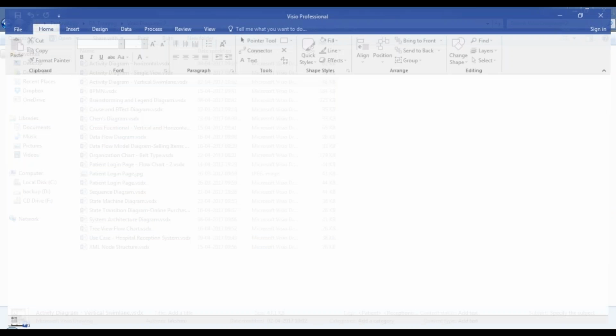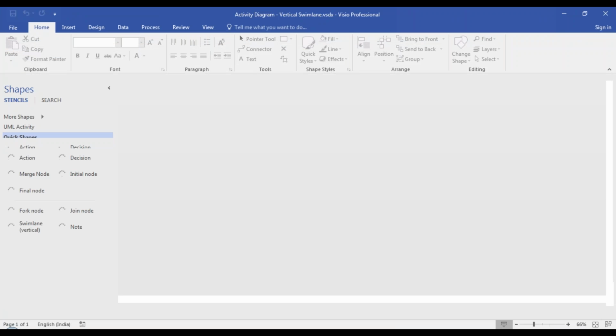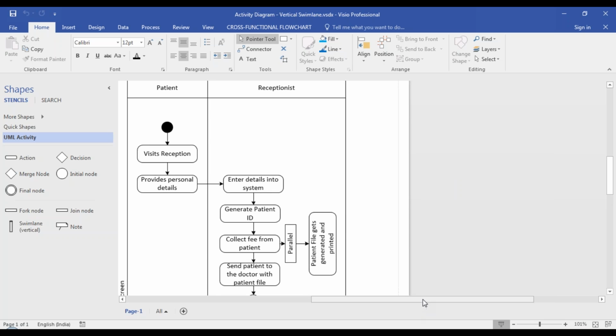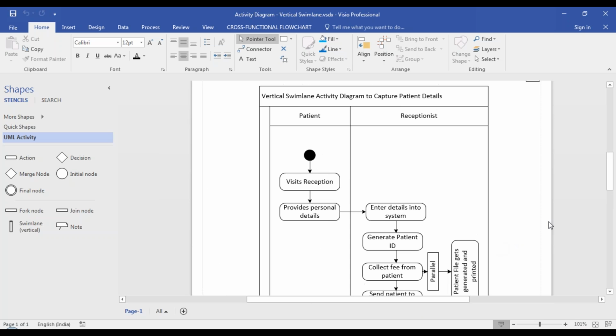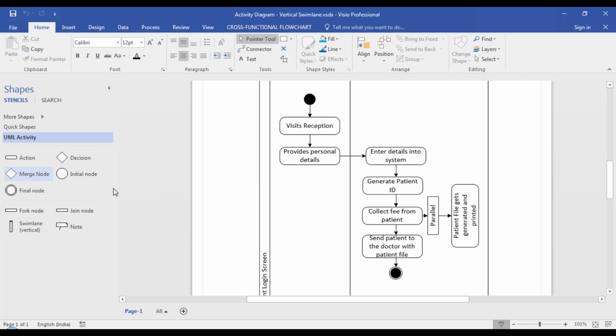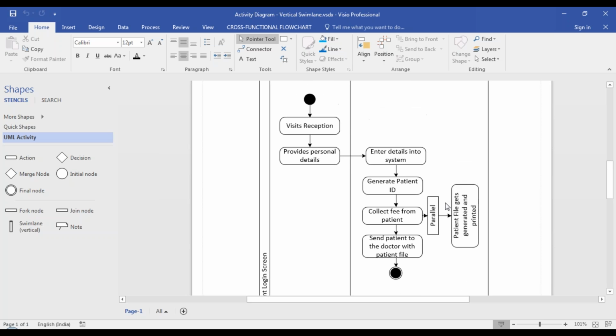Right? Techniques will be taught to you, how to drag the shapes, how to adjust the spacing, how to change the style of the shapes, how do you use connectors efficiently, types of connectors, all those details will be shared. So here is a sample vertical swim lane activity diagram. We'll be using all the shapes that are available within each of the UML diagrams or other diagrams. So you will get to understand all the details.